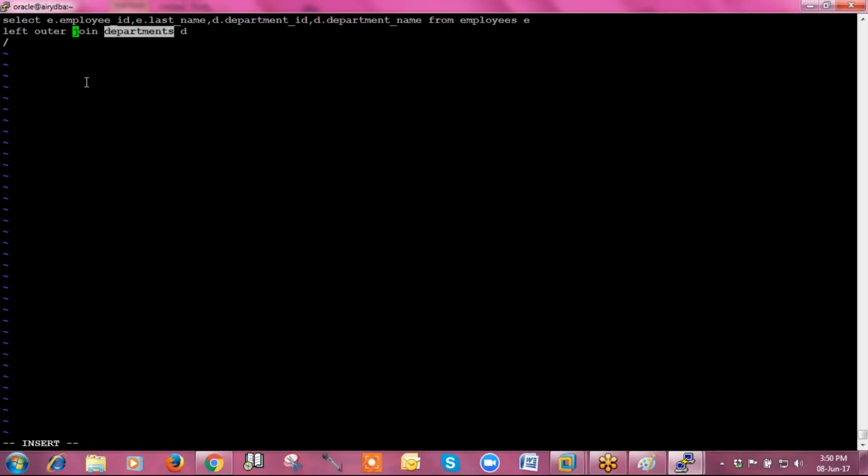Now when I want to show the matching data from both tables and the unmatched data from the left table, then we will use this left outer join. When I want to display the unmatched data from the left table as well as the matching data from both tables, then I will use left outer join. See,